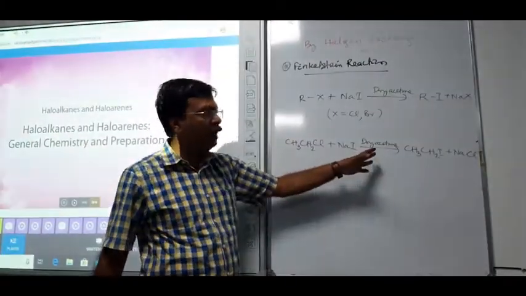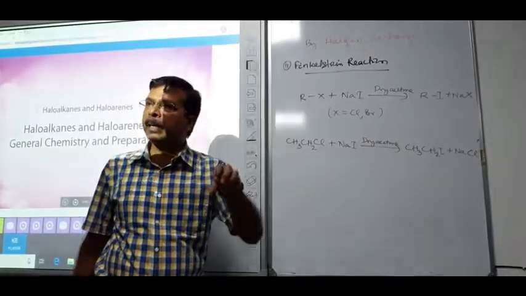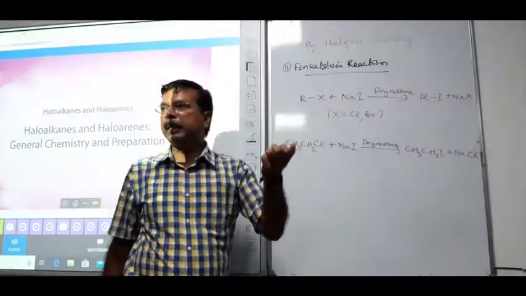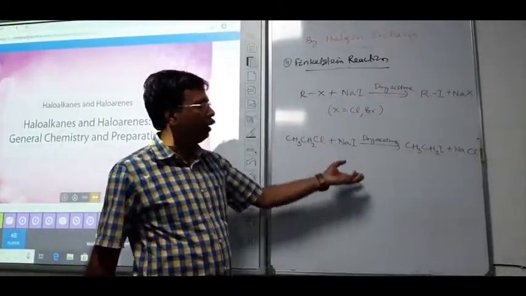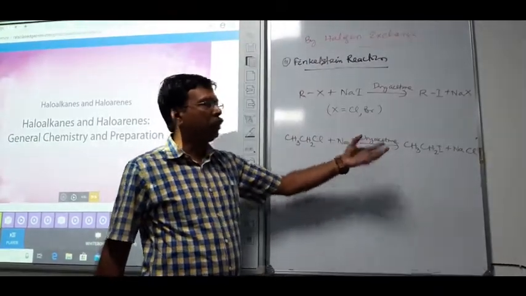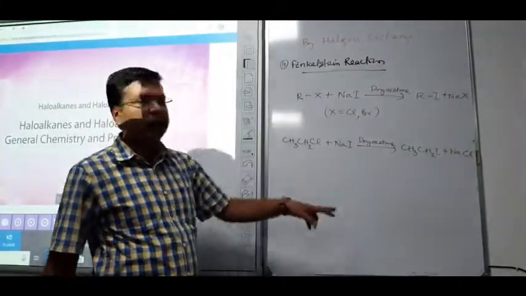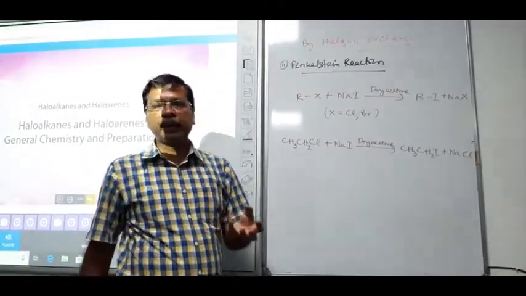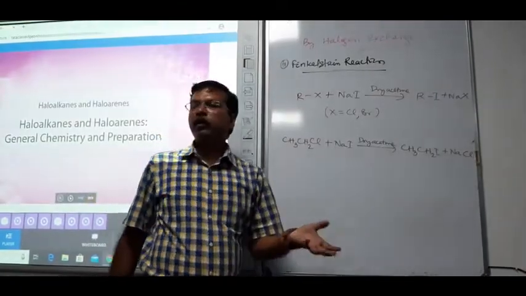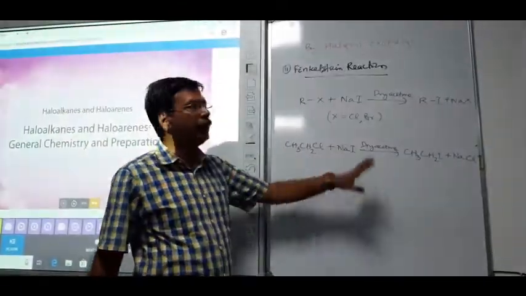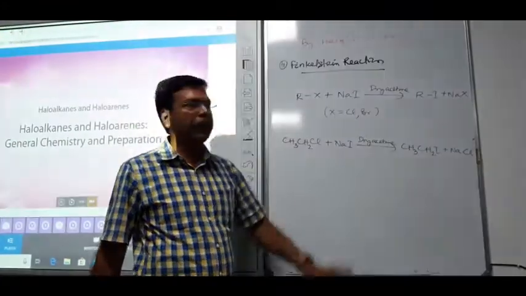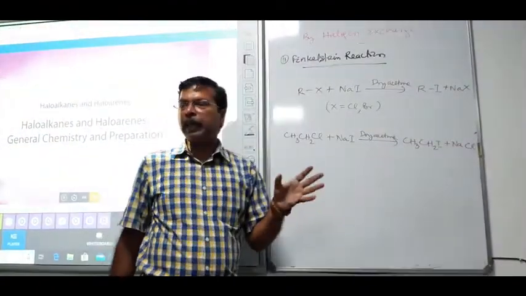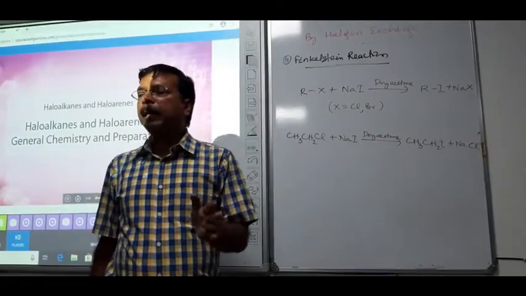If any water will be there, then sodium chloride or sodium bromide will remain in the soluble form, isn't it? Acetone can easily dissolve water through hydrogen bonding. So if any water content will be there, then sodium chloride or sodium bromide, the byproduct obtained in this case, will be in the soluble form. We cannot separate it. But if you take dry acetone, sodium chloride or sodium bromide will be precipitated out and we can easily get the desired product, the main product, the iodide. So this is all about your methods of preparation from different sources, how we can prepare the alkyl halide and aryl halide.